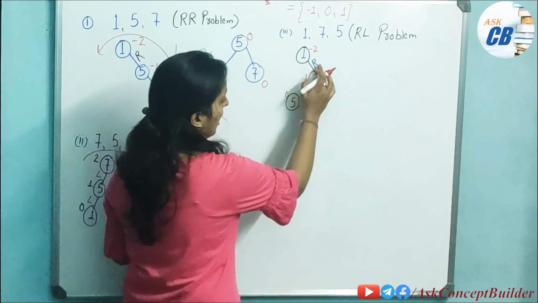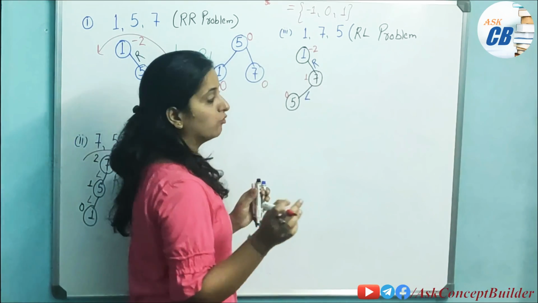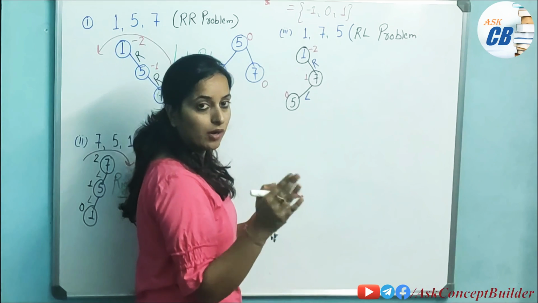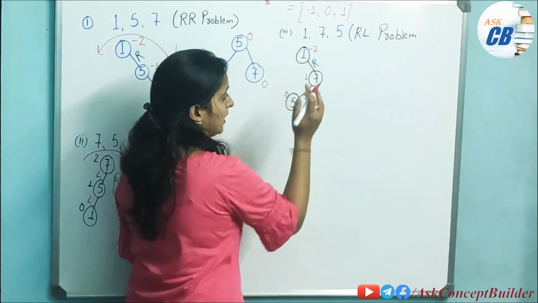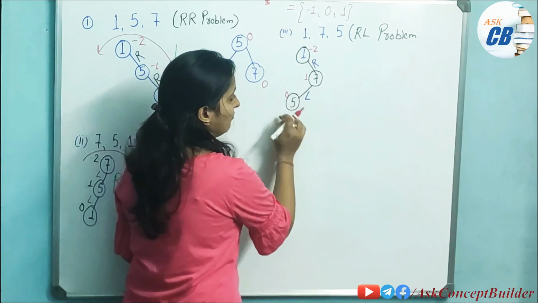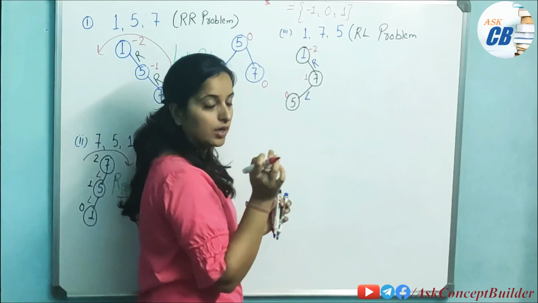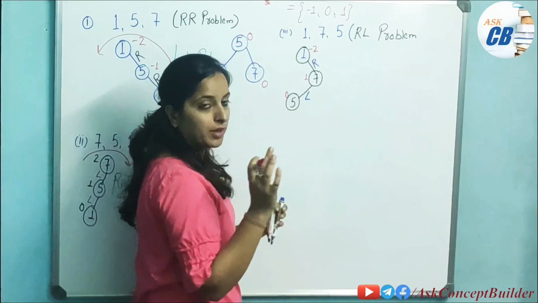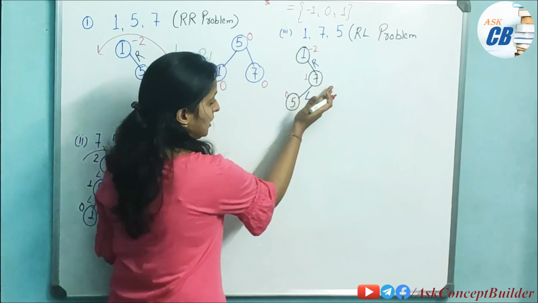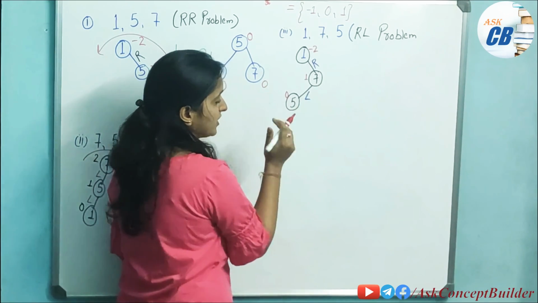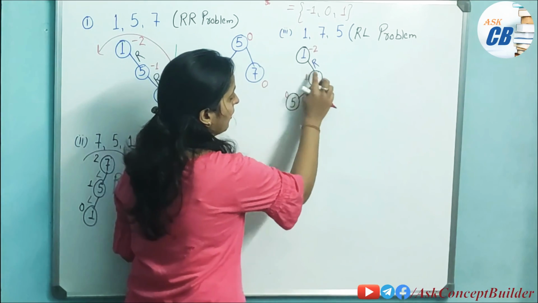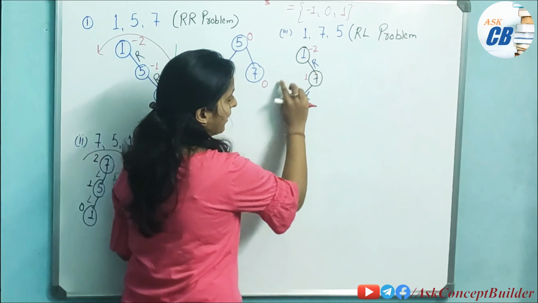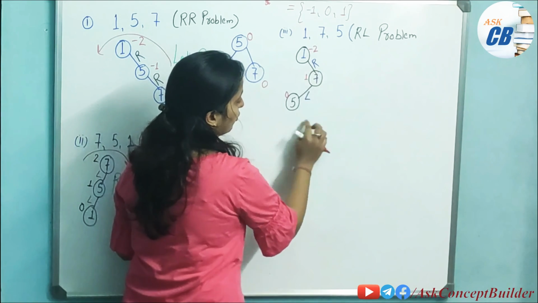Now see, in the RL problem, what will we do first? We have to make this problem either RR or LL. So see, R is here. Now this L, we will make it R. So first we will perform rotation on these two nodes. These two nodes are on the left side, so we will perform a right rotation on these nodes first. When we perform right on this, or move it to the right,